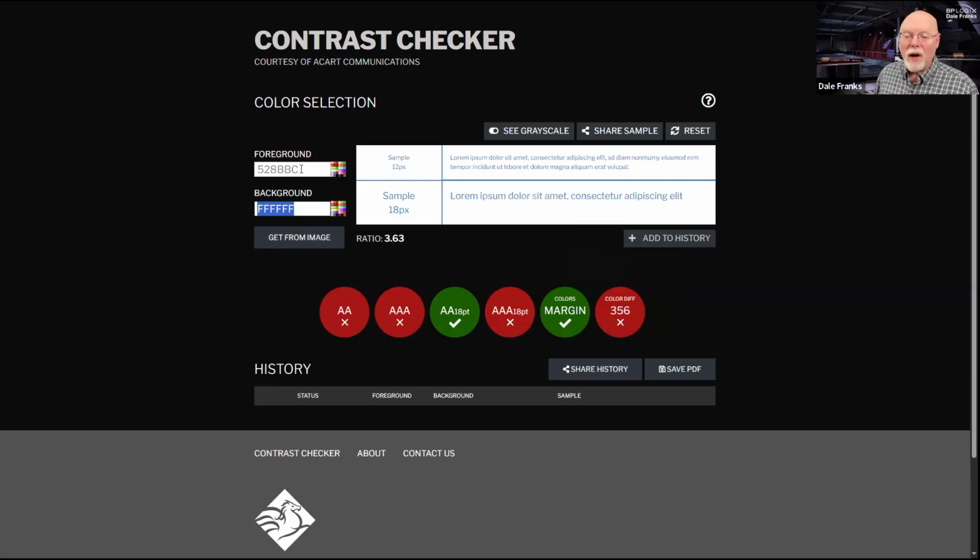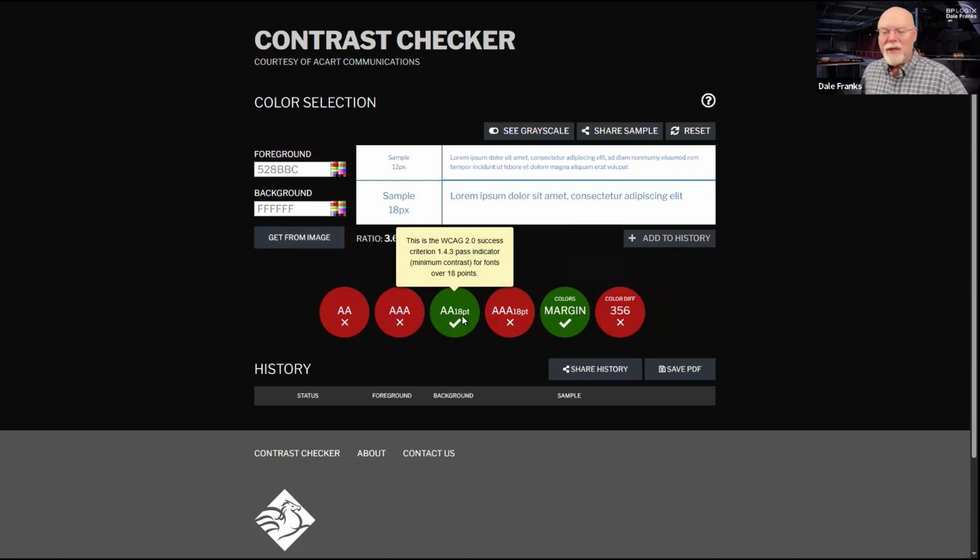So this color, this steel blue that we use here at BP Logix, is not level AA compliant. It's certainly not level AAA compliant, which is the higher level of compliance. Now, the law demands double A compliance, so we have to meet that. But wait, there is an exception.